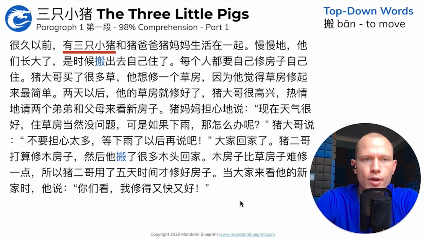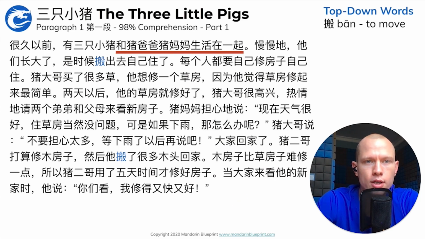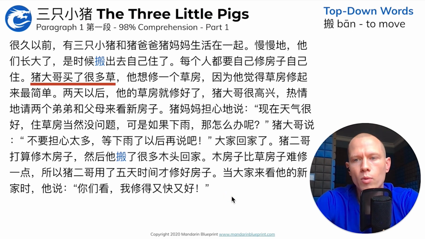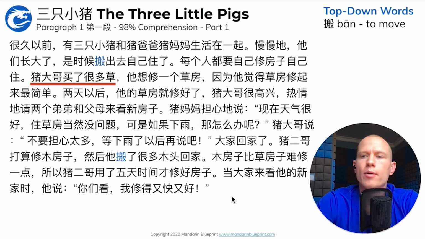以前有3只小猪和猪爸爸、猪妈妈生活在一起。慢慢的，他们长大了，是时候搬出去自己住了。每个人都要自己修房子，自己住。猪大哥买了很多草。